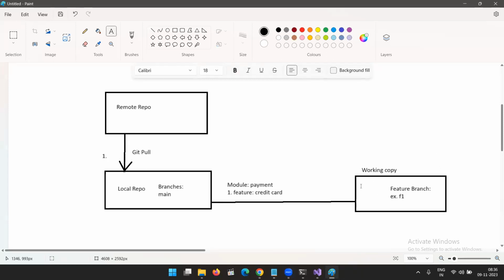Update your working copy, or first create it if you are writing from scratch. Otherwise, if you want to update, you can update. Once the source code is updated on the feature branch,